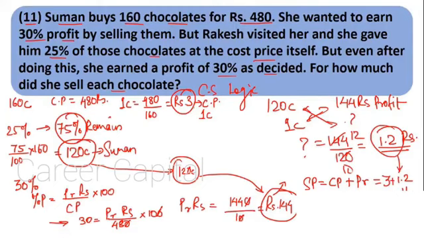Very easy. By following the logic, by the sum and simple formulas, you just need to remember this formula, and there are 4 formulas. Out of that, just remember 2 of them and you will be able to find the other 2 formulas, and you will be able to solve any sum related to profit and loss.